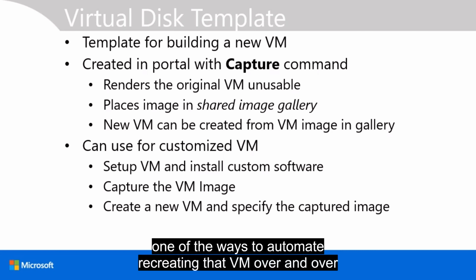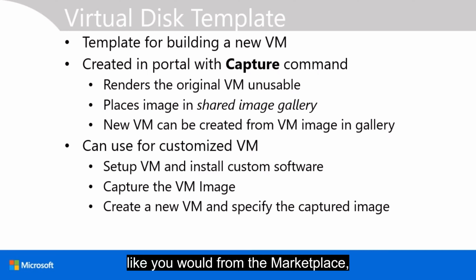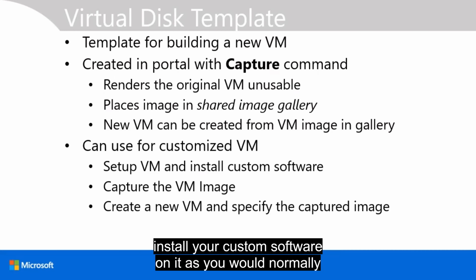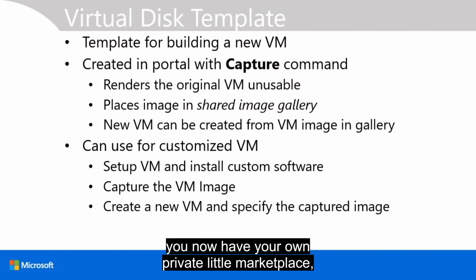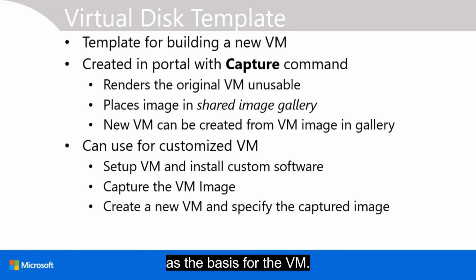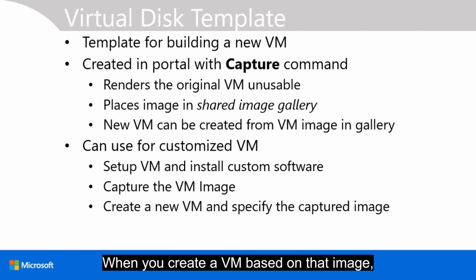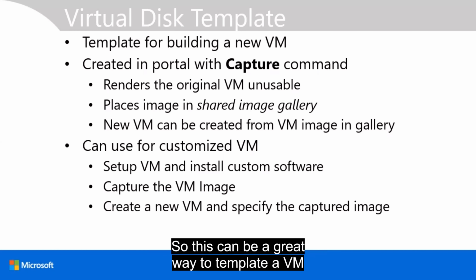one of the ways to automate recreating that VM over and over is to actually create the virtual disk template. So you first set up the VM like you would from the marketplace, install your custom software on it as you would normally if you were going to run it as is, and then you capture the VM image. At that point, you now have your own private little marketplace, the shared image gallery, that contains a VM image that can be used as the basis for the VM. When you create a VM based on that image, it'll already have the software that you custom install. So this can be a great way to template a VM so that you can build it or deploy it